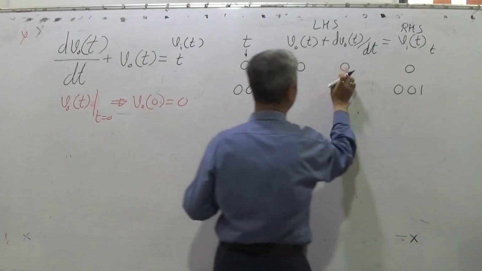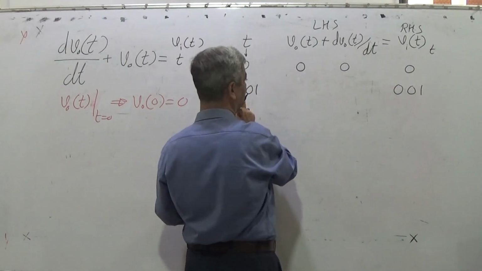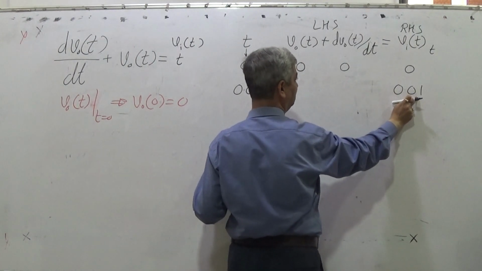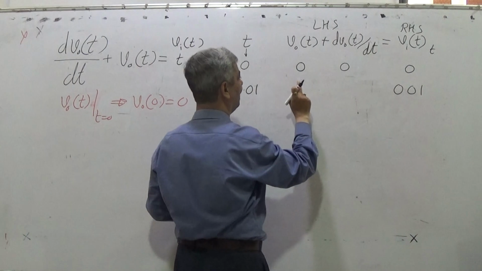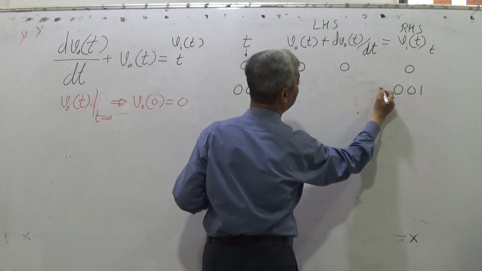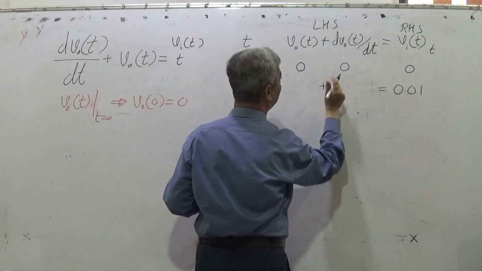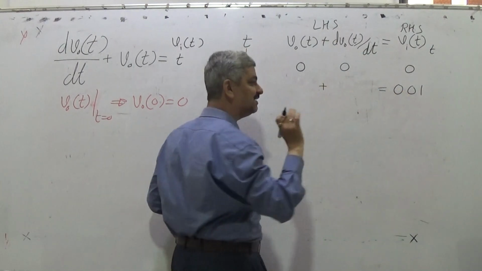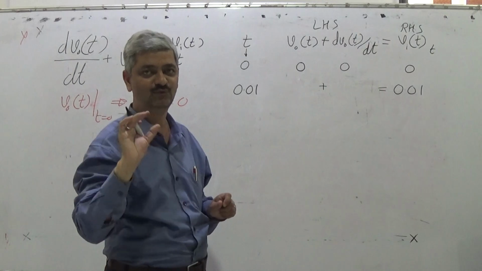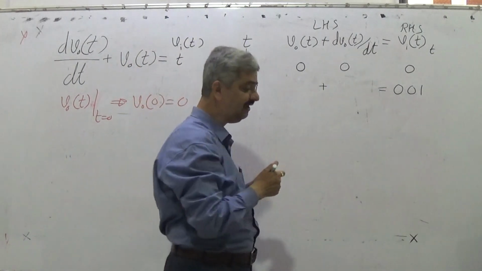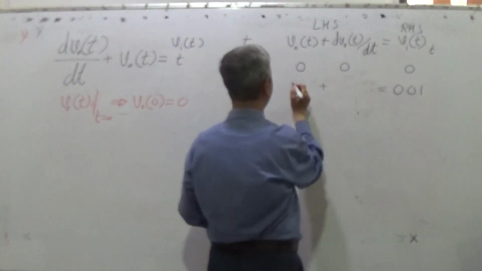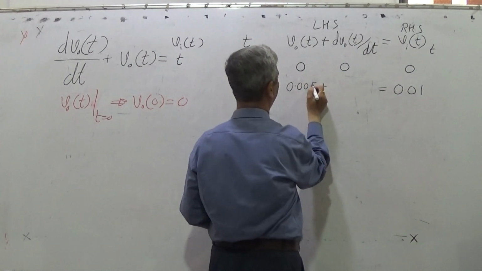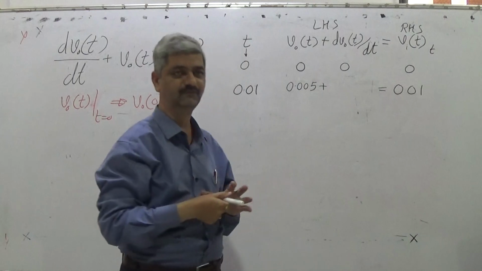Now at t equal to 0.01, V in t is 0.01, and VOT plus dVOT by dt should be 0.01. So we assume something. If I assume VOT is 0.005,